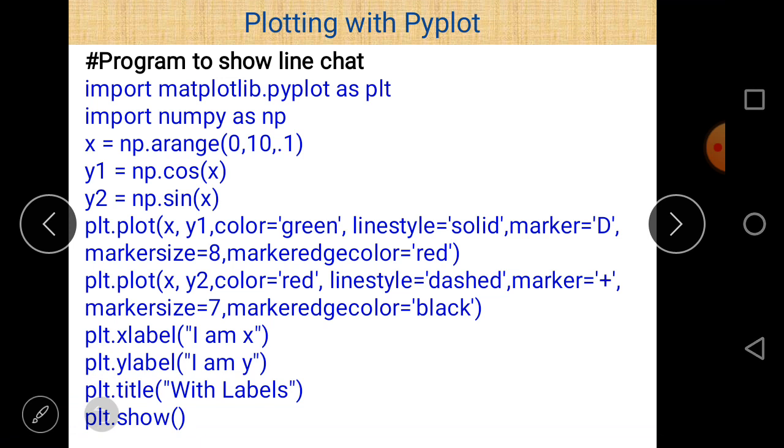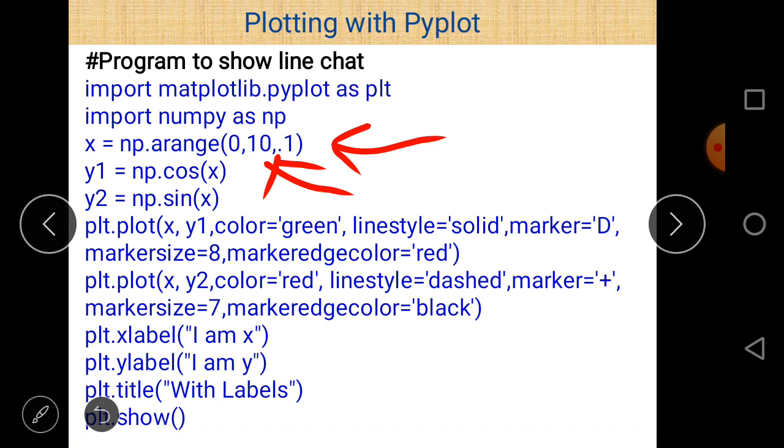Then np.arange, and we use numpy here because we want to use the function arange. The arange function arranges values between 0 and 10 with an increment of 0.1. Then y1 represents values along the y-axis, and the function used for y1 is cos x, so y1 = np.cos(x), and y2 = np.sin(x). So sin x and cos x are the functions used for different values of y.